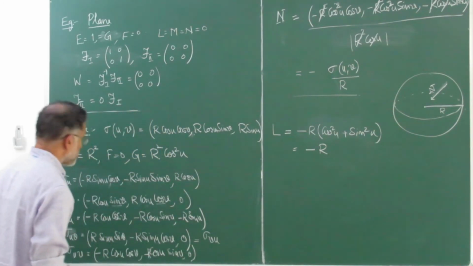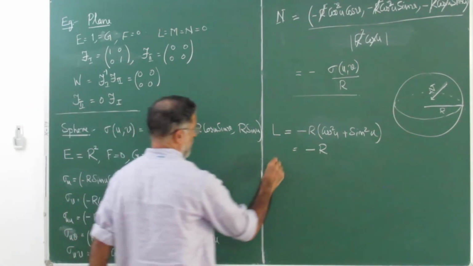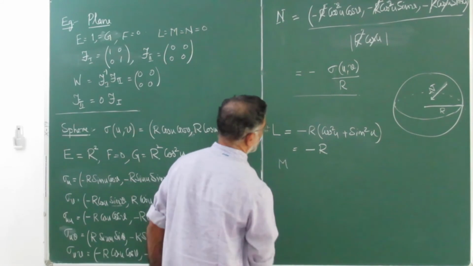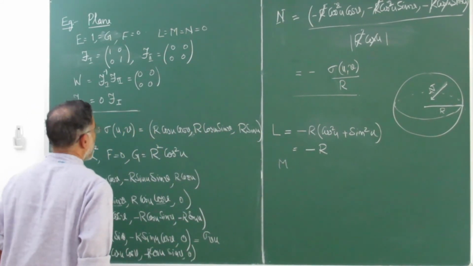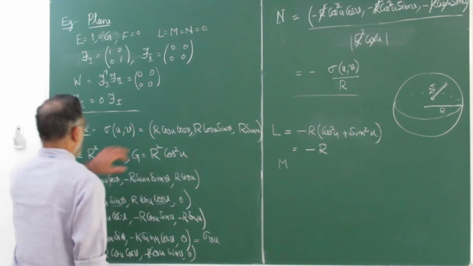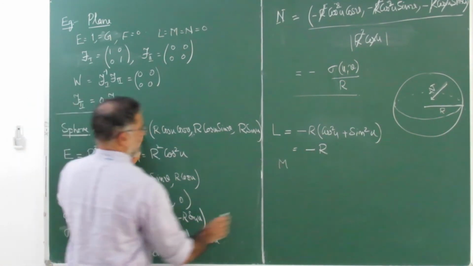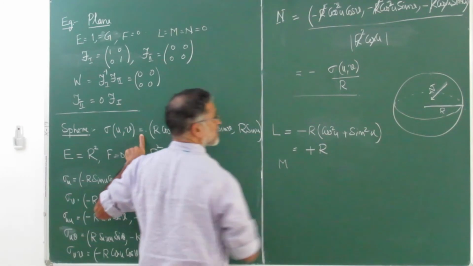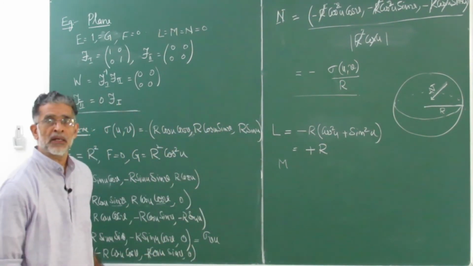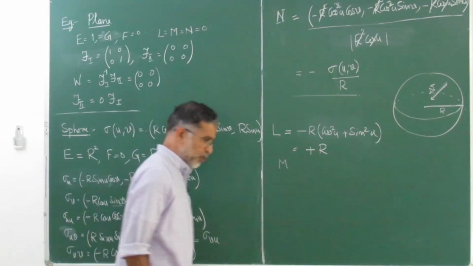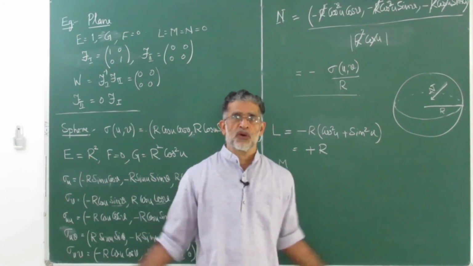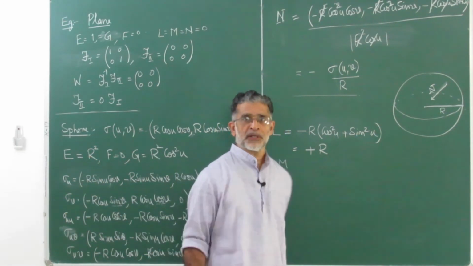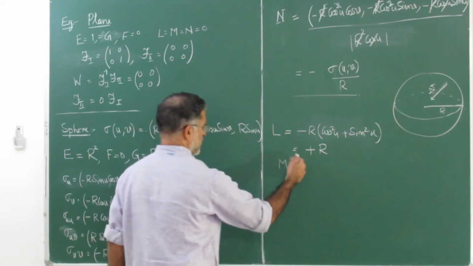Okay? L. So m, but why minus? I thought it should be plus because you are in the inward normal. Oh, sorry, there is a minus sign here for this. So it is plus because you are standing inside. It is expected to be, the surface is curving towards you. So therefore, it should be positive. We will come to that later.